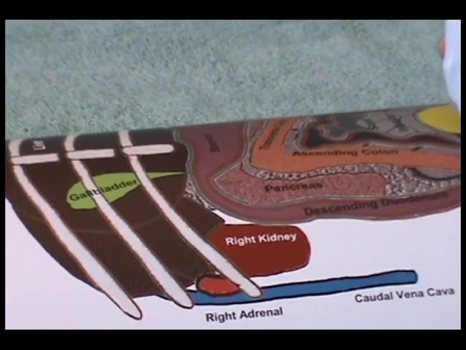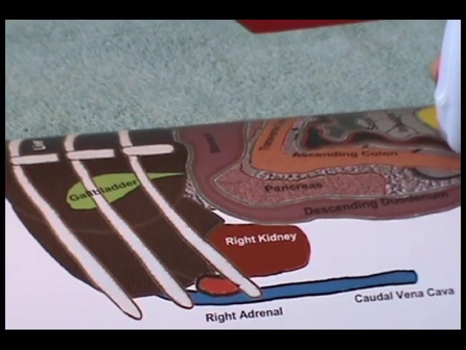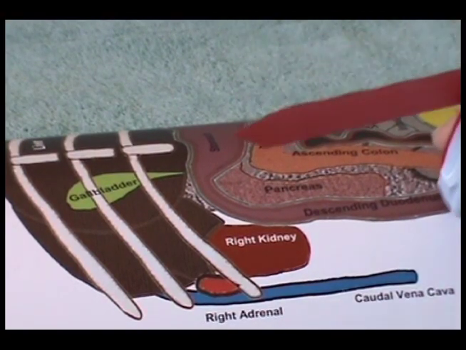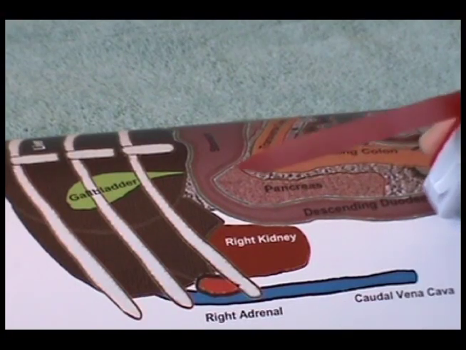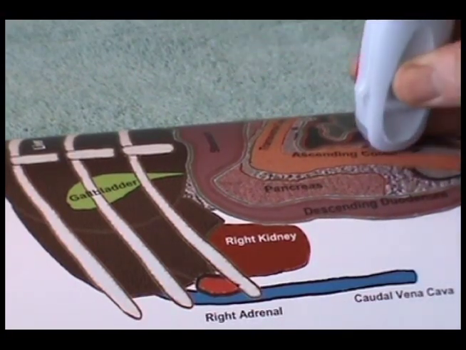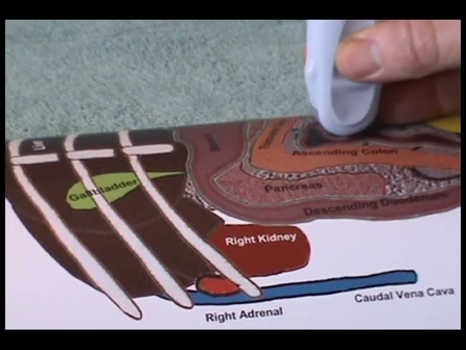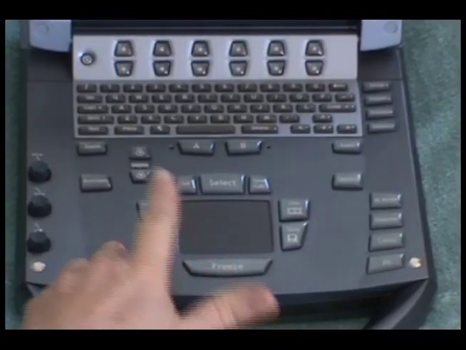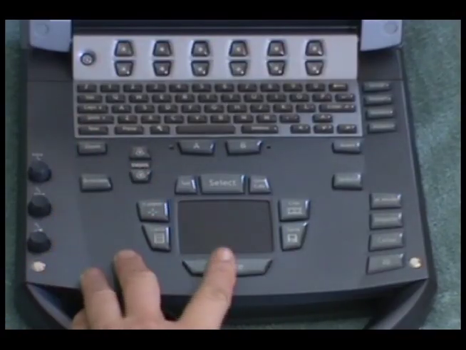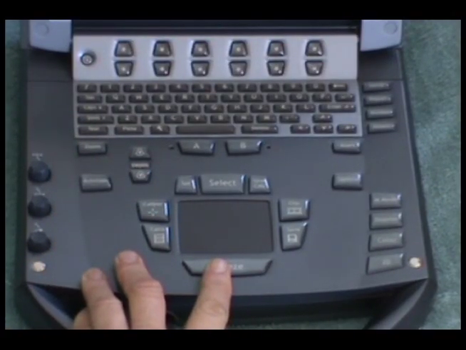This is the pattern of the abdominal exam that we will follow. During an actual abdominal scan, we will be using the transducer hand to move the ultrasound beam through the patient's abdomen. We will also be using the keyboard hand to adjust the qualities of the ultrasound beam, such as depth,